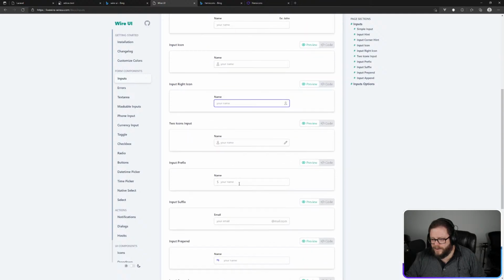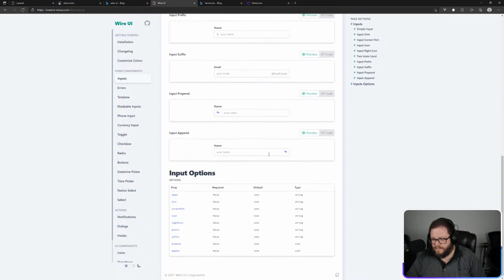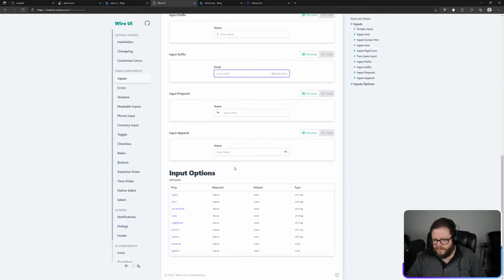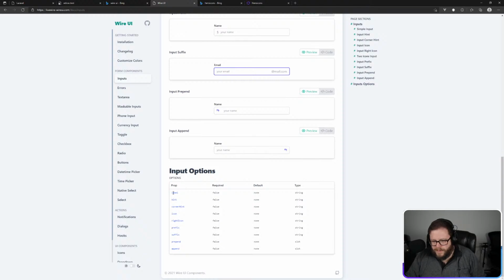These ones with icons in it. And you know, this should be easy. We just say whether or not we want an icon and what we want that icon to be. Make some slots. You're good to go. His have label, hint, corner hint, and none of these are required. There's no default. It's just a string or a slot. Wow, so simple, right? We could do this. I mean, if